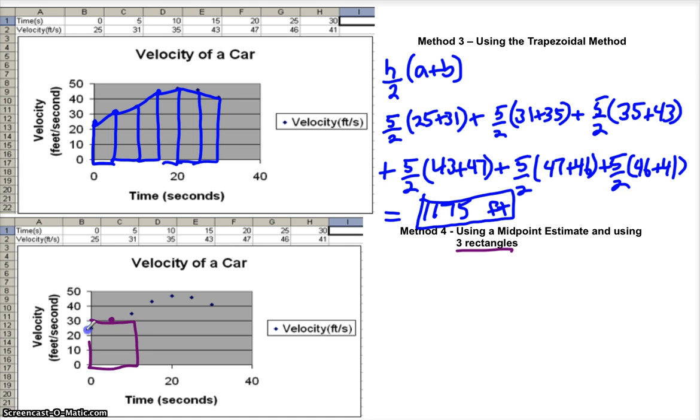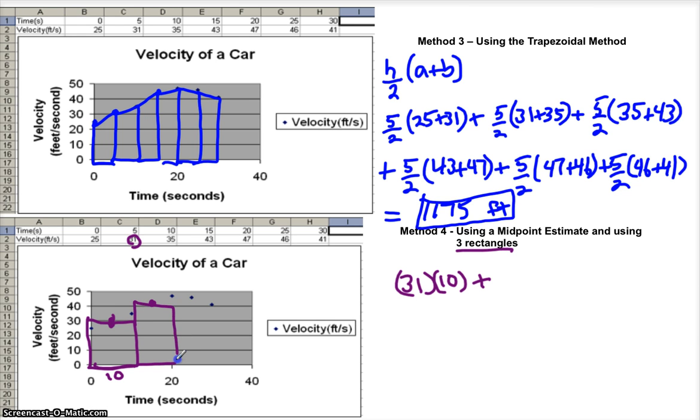Because it's a larger rectangle, see this time interval is not 5 anymore, it's actually 10. Okay, and we're going to use this midpoint as our height. So going up to our data set, that's going to be the 31. So here we go. We're going to use 31 multiplied by 10. That's the first rectangle. The second 10-second interval from here to here, we're going to use this data point, this midpoint, and we're going to draw a rectangle here,